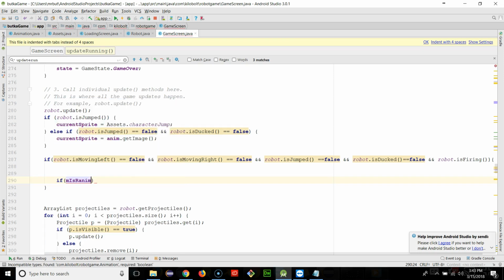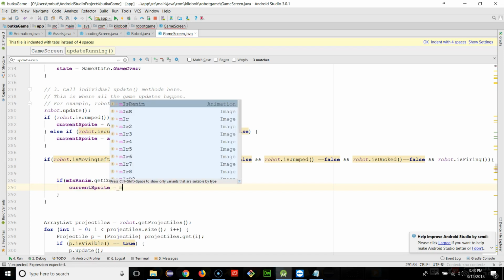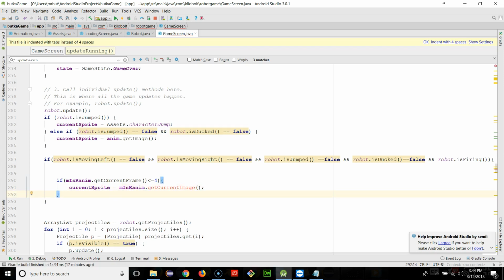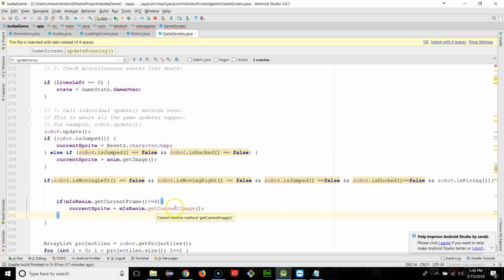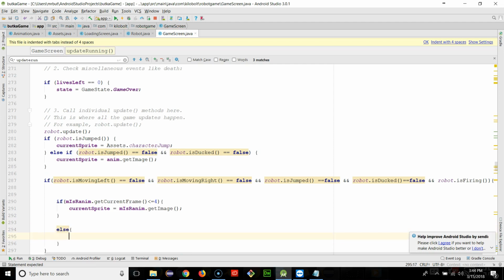And I will nest an if inside that, and I'll say if the animation's current frame is less than or equal to 4, which would actually be the 5th index, because remember it's in an array, then I will set the current sprite to whatever the current frame of the animation is. So it could be 0, 1, 2, 3, and 4. And, oh, not get current image, but get image. And then, else, if that's not the case,